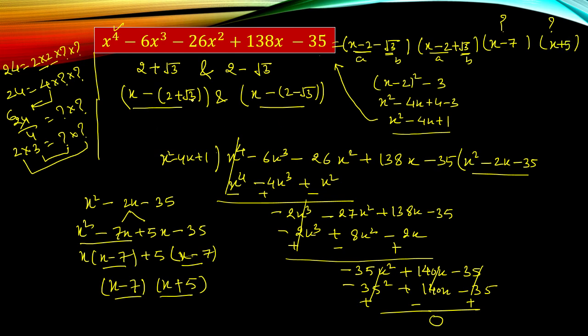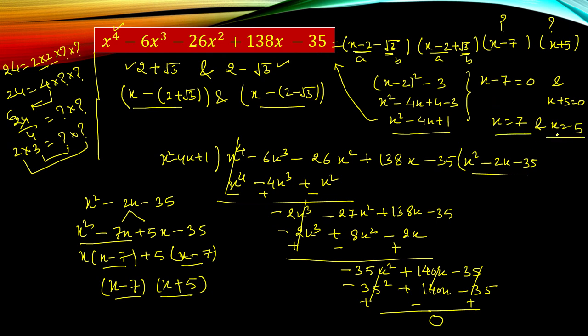So the question was that find the other zeros. Two zeros, first and second, were given and we are interested to get the other two zeros because the polynomial is a degree 4 polynomial. So 4 zeros must be there. 2 zeros are given. 2 zeros we are interested to get. So how to get the 2 zeros? Now see here, two factors are there. If we are going to equate the factors to 0, we will find x is equal to 7 and x is equal to minus 5, that are the remaining two zeros.